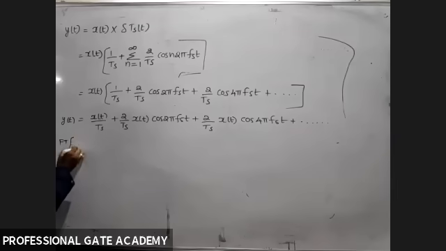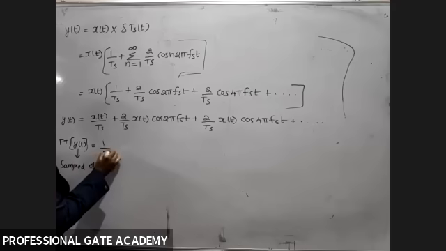Now this is y of t. Now we can take Fourier transform of y of t, because y of t is nothing but the sampled output. For this sampled output, by taking Fourier transform, we will get the sampled spectrum. To draw the sampled spectrum, take Fourier transform of the sampled output. Now 1 by Ts is constant.